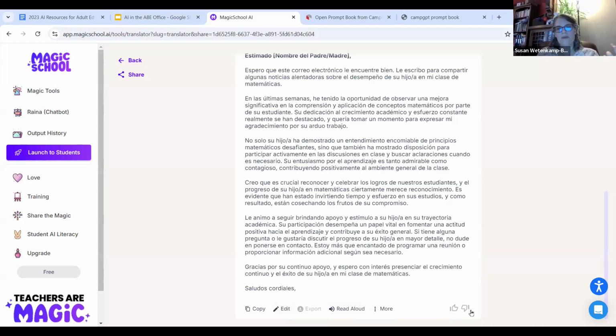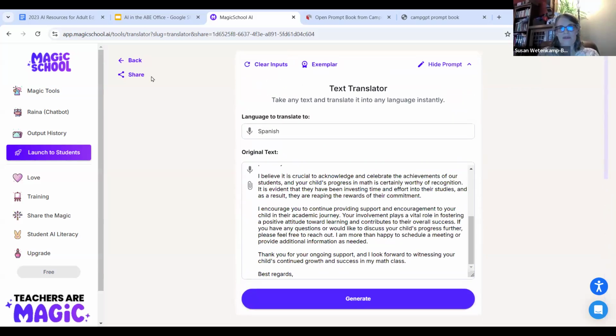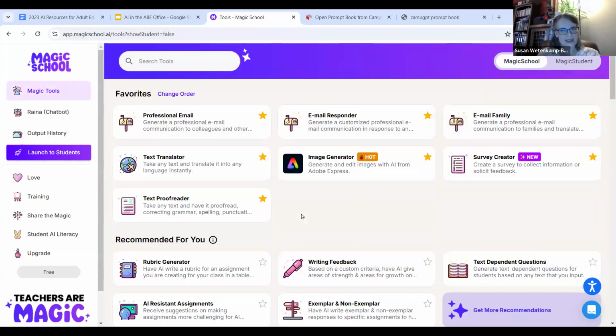And the other really valuable thing to do to help train the AI is give it feedback. Yes, this was what I was looking for, or no, it's not. Like there's errors, or it wasn't the kind of response I was looking for. Because the more of that kind of feedback we give the tool, the better the results are in the future. So just keep that in mind as you're looking at these different text responses. If it really worked and it gave you what you wanted, make sure to hit that thumbs up, because that's going to help make the tool even better in the future.